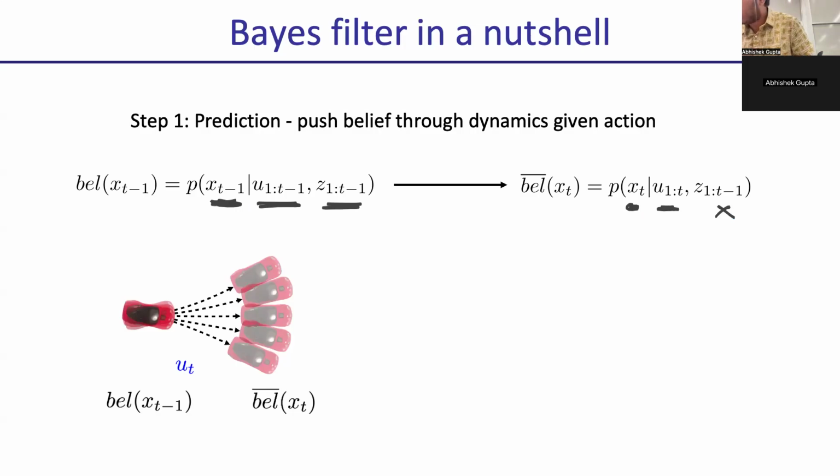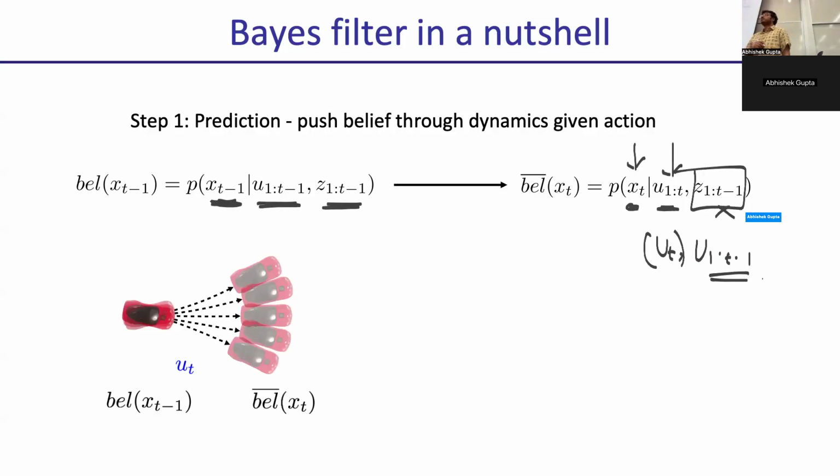And so remember that you're getting the belief over the next time step, incorporating one extra action. So you can think of this as u_t and u_1 to t-1. It's the evidence from before with one extra action in there, right? And you have not taken a measurement yet. That makes sense? So we want to go from belief to belief bar. The difference is we want to figure out the belief over what the next time step is going to be when you take one new action.